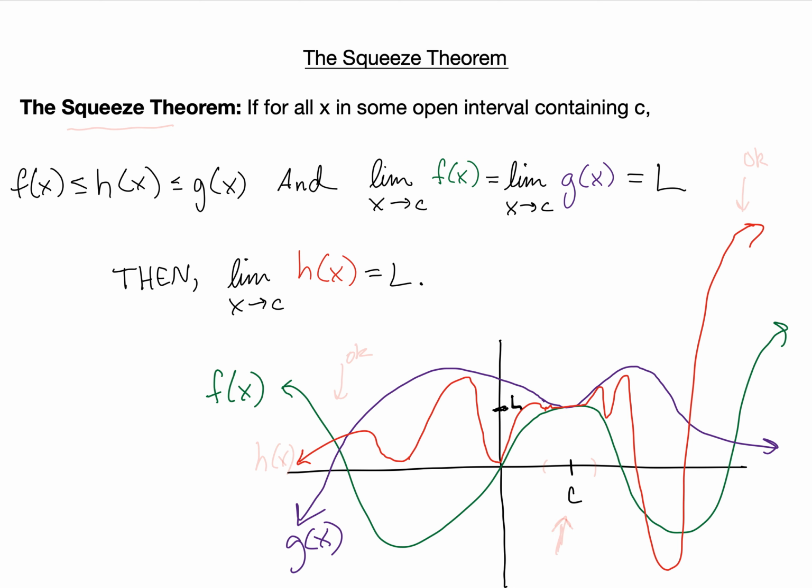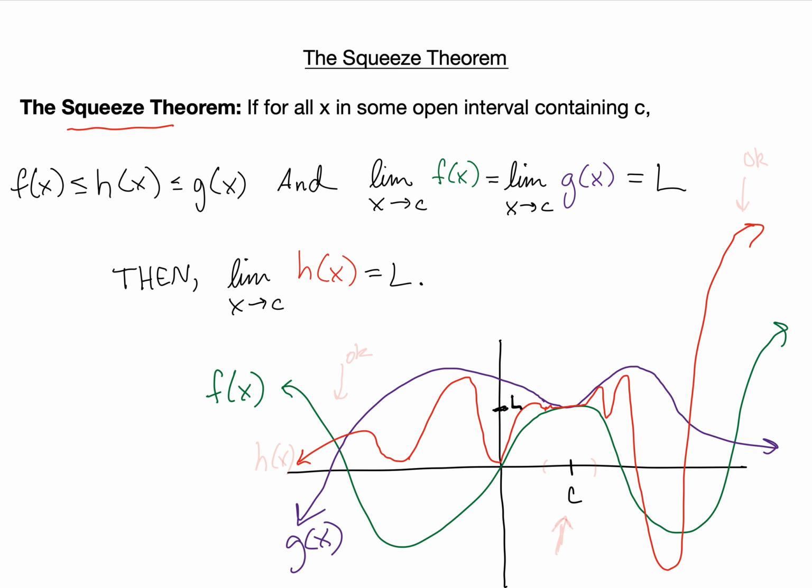In this video, we're going to introduce the squeeze theorem and do a few examples. So the squeeze theorem says that essentially if a function h of x is in between two functions that both have the same limit as x approaches c, then the limit as x approaches c of h of x is